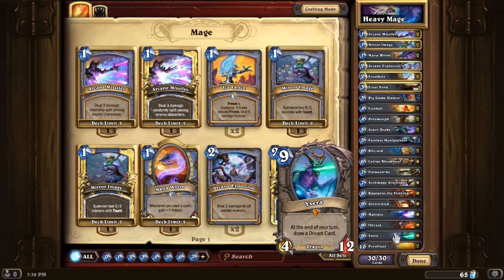So the last dragon in this deck is Ysera. Ysera, which was considered for a really long time the best card in the game, and that's because it draws you another powerful card at the end of your turn, and it has an immediate effect. If it gets silenced, it's a 4/12 body that you can either taunt up, or